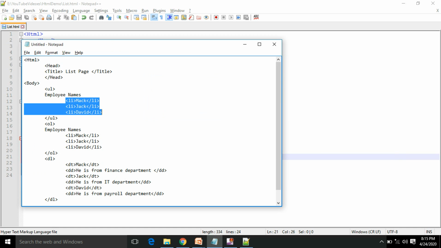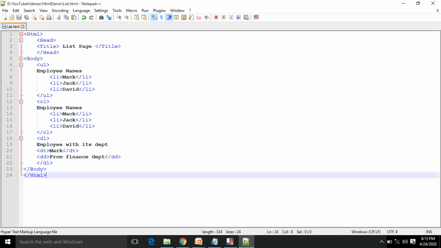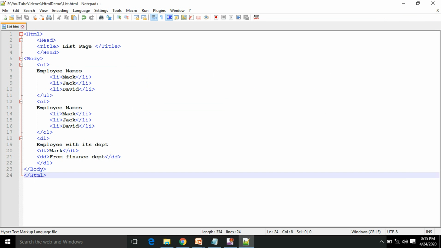Let's save it and browse it. You can see here we got the heading employee with its department. Here is the term Mark, and next is its description, from finance department.